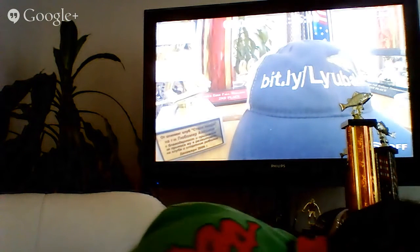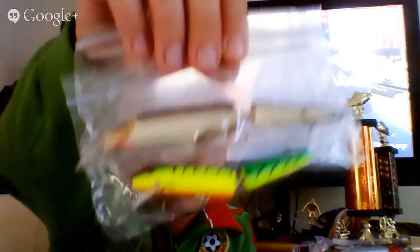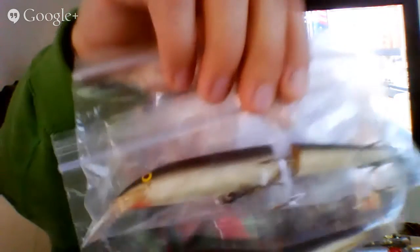I will get all of the jointed ones together. I'll show them to you guys once again. There is a pair right here. Two jointed ones. Now the one with the broken lip, that traditionally would be the sinking version of the jointed Rapala. Hope I'm not mistaken, but I think that's what it signifies. And again, the jointed with the broken lip also signifies that it's Finland made, which makes it even more valuable. So, two of these guys, a size 11 and a size 13, and these guys,